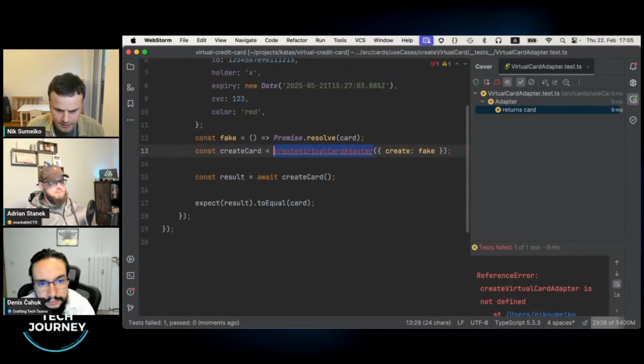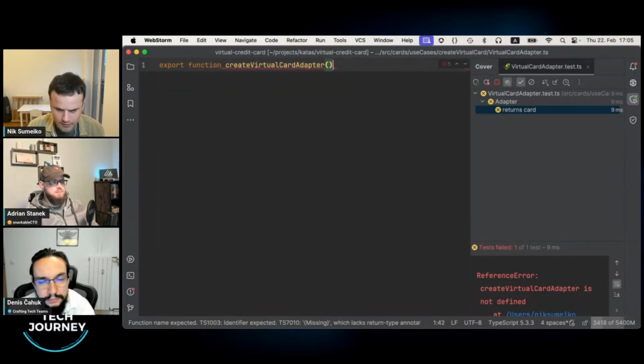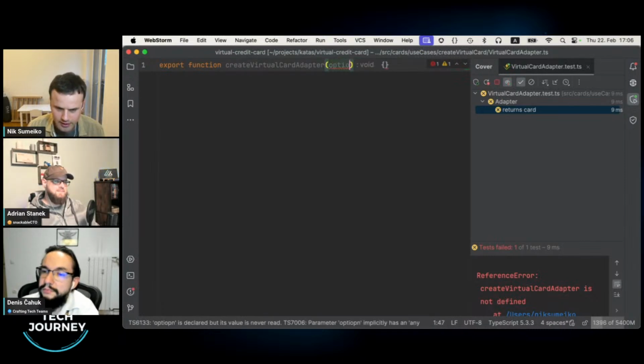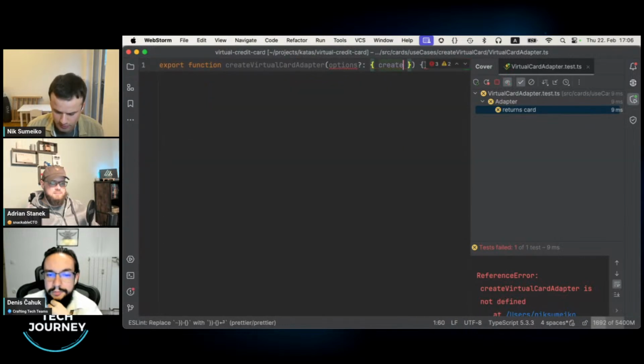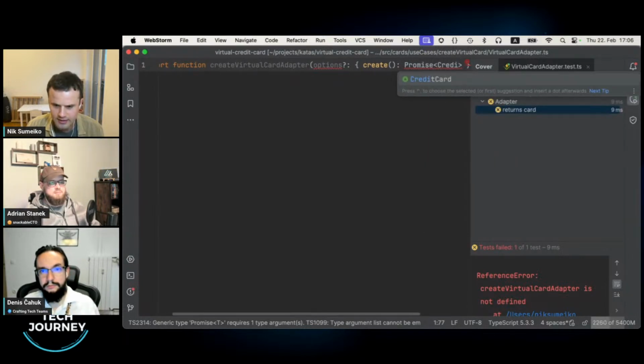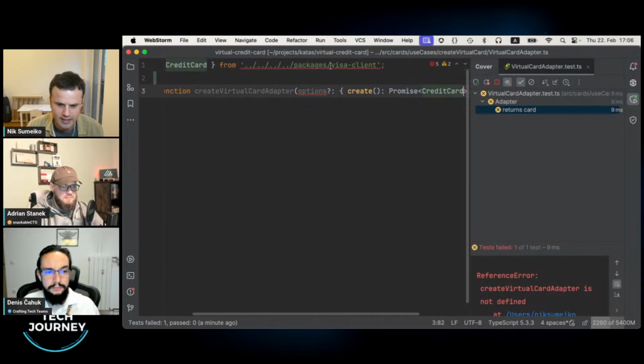I will copy that name here. Like this, there will be these options where I pass fake, and let me put that, let's say, as optional. And the option, if I go back to my test file, was create. So I will describe there will be some create method that returns a promise with a credit card interface from Visa SDK.